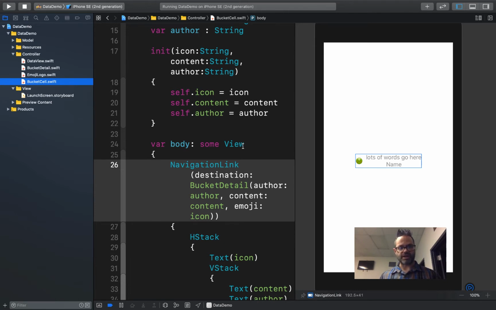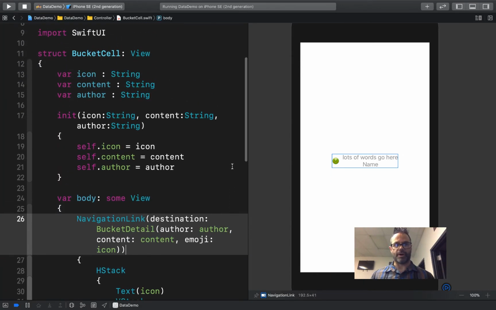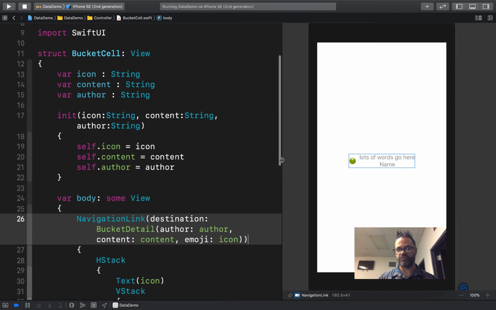I'm going to go ahead and collapse out that section so we can see what we're working with, and we'll go from there. Right here, we're going to start off with our bucket cell. As you can see, of course, we're using import SwiftUI. On this one, we're using just a couple different little pieces. We want to make sure we understand how the stuff works and what we're going for as we go through